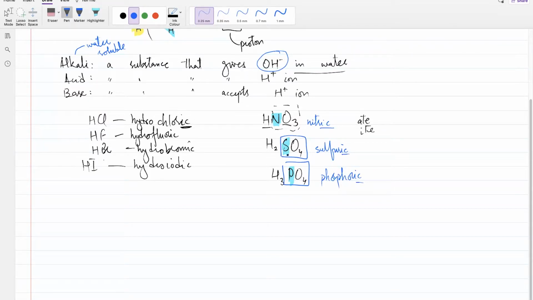Yes, absolutely. That is why it's an acid. Okay. Now sometimes we have acids which are organic. So how do we show that it's an organic acid? We put OIC at the end of the name. O is for organic.